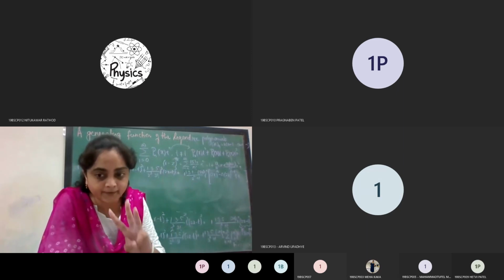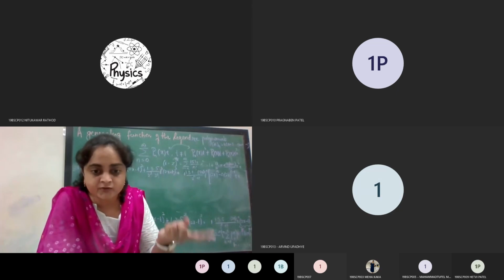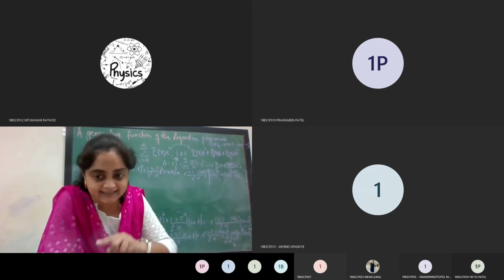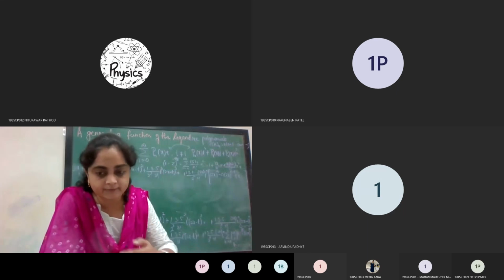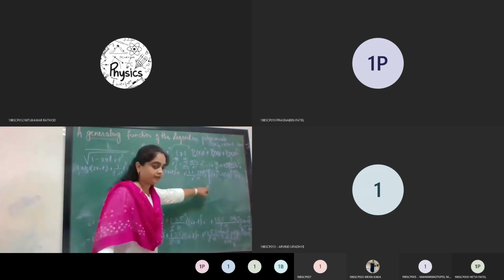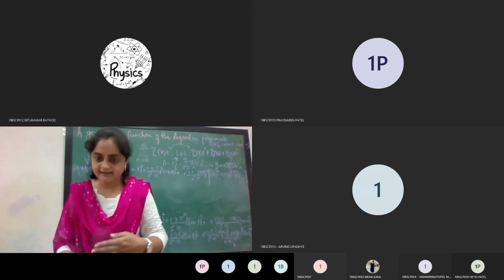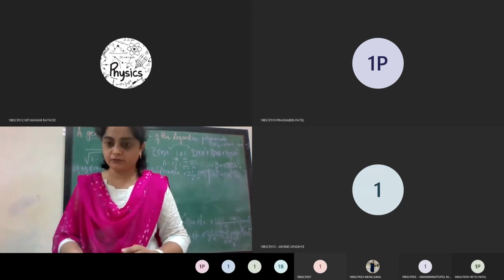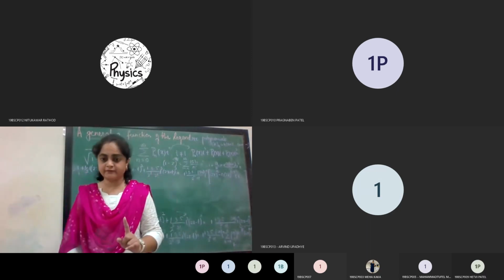Once you have three particular terms of the coefficient of t raised to n, तो आप generalized form इसका लिख सकते हो. So what we'll do? We will one by one compare the coefficient of t raised to n in nth term. Then we will consider n minus 1th term and n minus 2th term. Procedure is clear to everyone?